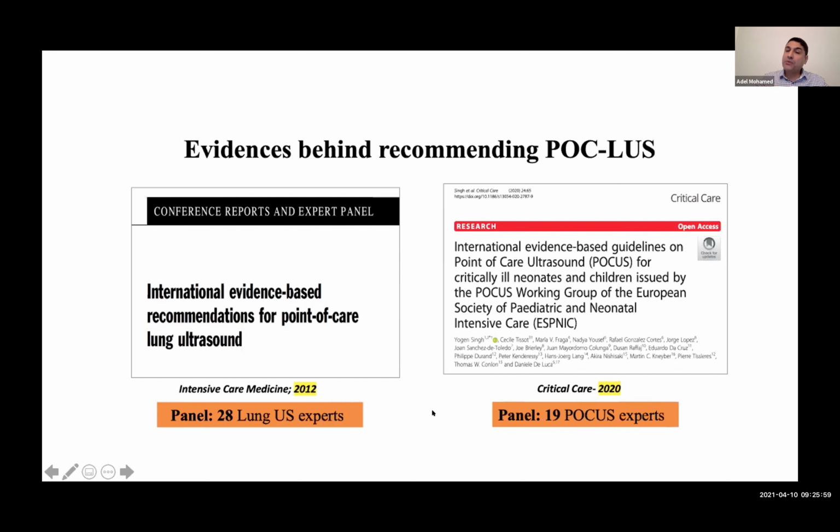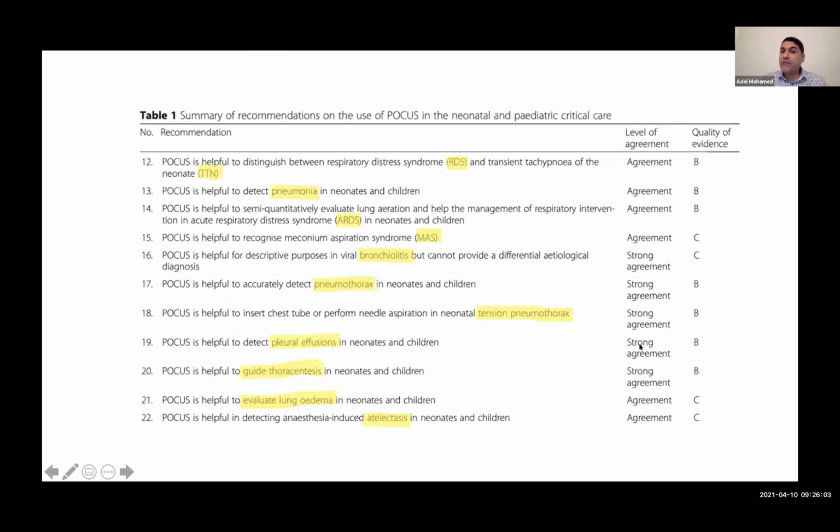And they came up with recommendations. They graded the recommendations by the level of agreement between the experts who wrote this paper and the quality of the evidence. And I cut for you here the 11 indications they mentioned